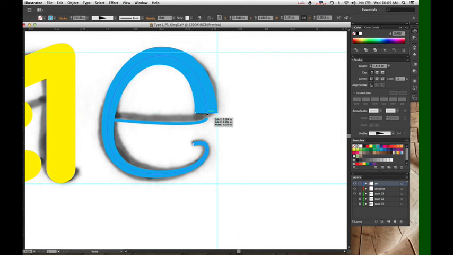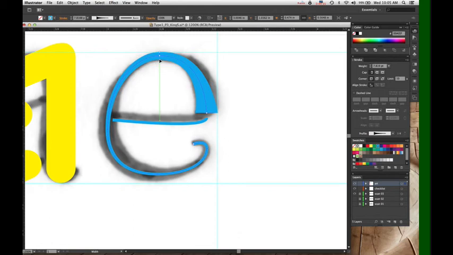So you see I pulled out a width from this endpoint because I want that part to be very wide, and it sort of ramped down the width from there. Now, that's not exactly how I want my width. I want it to go very thin at the top. I basically have a kind of a vertical stress on these letters.